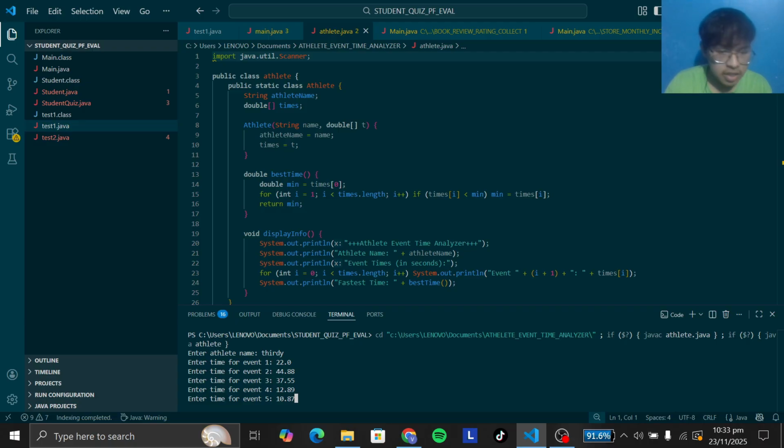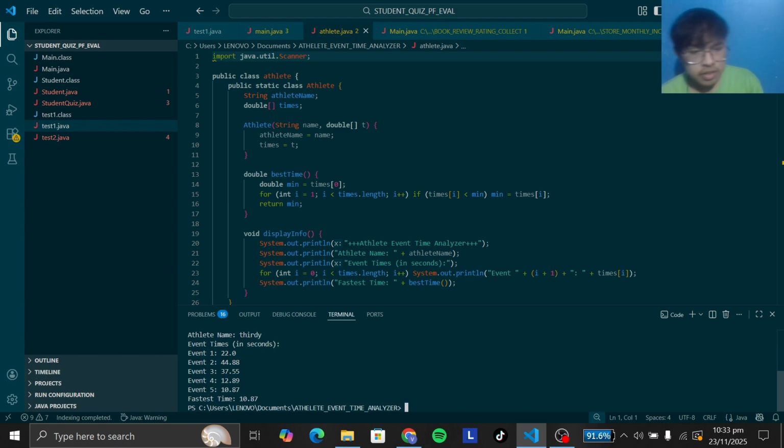So as soon as we enter, we can see the athlete's name and event times in seconds. It clearly shows that the last time, event 5, was the fastest time we got, 10.87 seconds, which clearly indicates that this program allows you to see which one of your attempts was your fastest in terms of seconds.